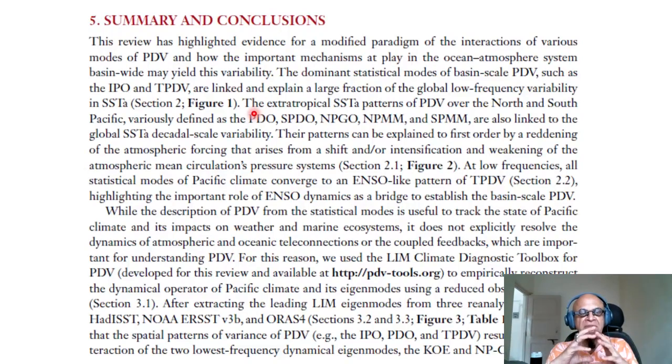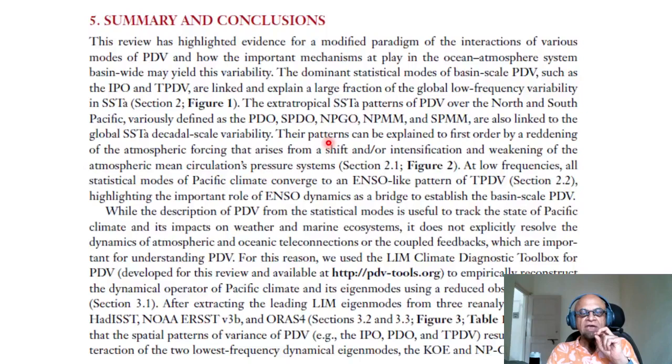So in that sense, remember, we are calling these statistical modes of PDV because that's what they are. We haven't explained whether they are real dynamically coupled mechanisms, or they are just interacting modes that manifest in statistical patterns that we are looking at with various methods like EOFs. And the best we have done here is to take the linear inverse model and try to diagnose the various modes and their interactions. But still, a lot is learned, but a lot more questions remain in terms of what